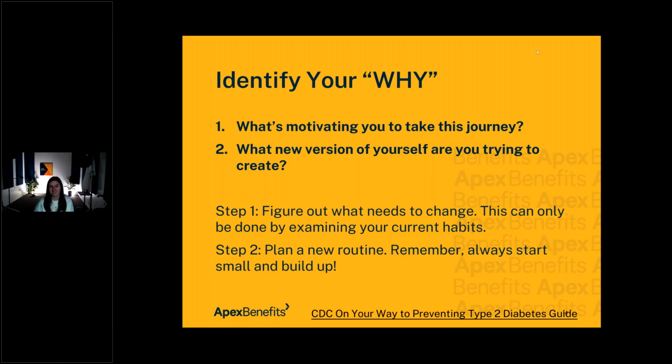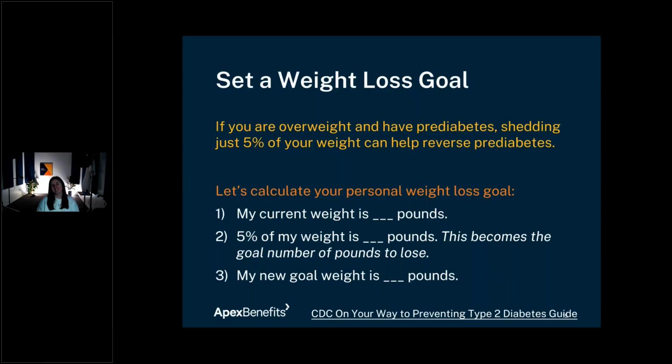The second thing is planning a new routine. Remember, you want to start small and build up. I'm not going to put on paper that I'm going to change every single thing about my day, but I'm going to pick one thing that I want to change. I'm going to start with that one thing: when I wake up, instead of pouring that big glass of coffee, maybe I'm going to switch to tea, and I'm going to figure out how to slowly get off some of the sugar that I have. You want to make sure it's a routine that you enjoy, though, right? Because if you don't enjoy it, you're not going to stick to it.